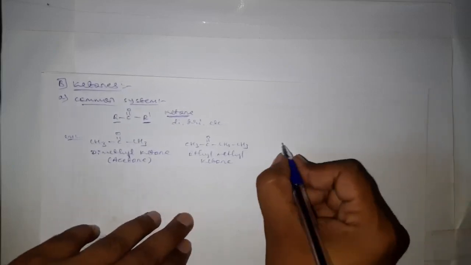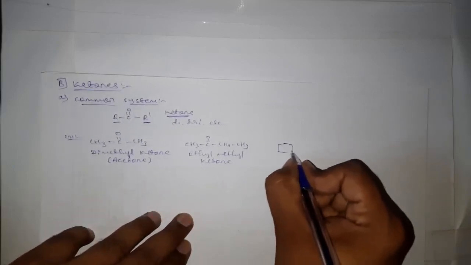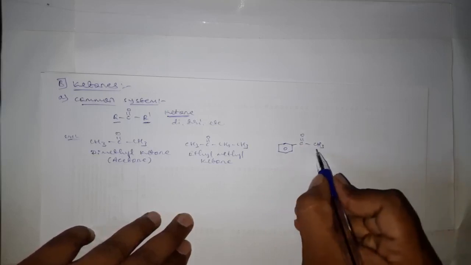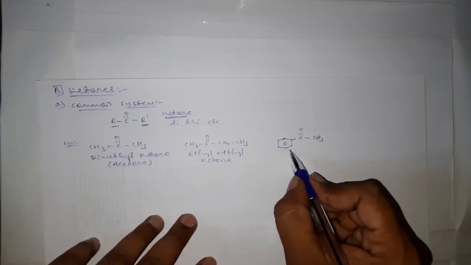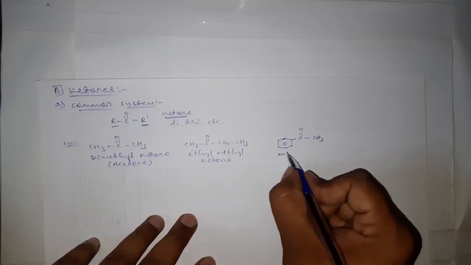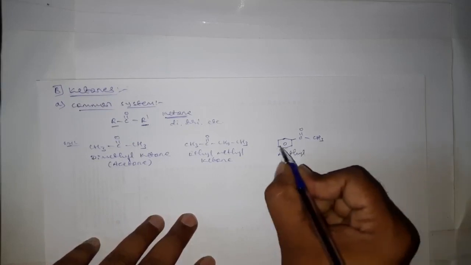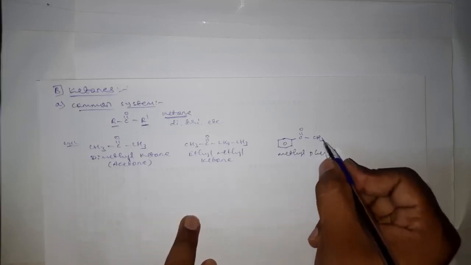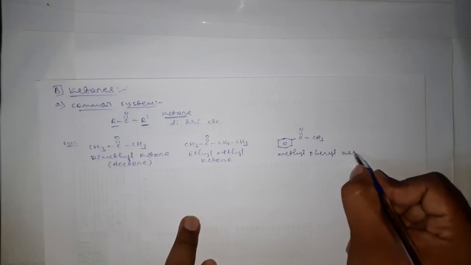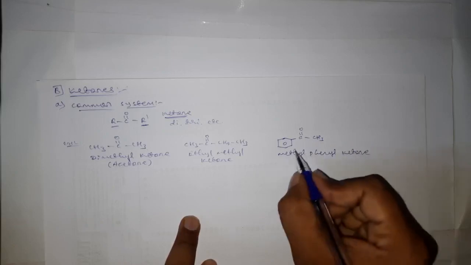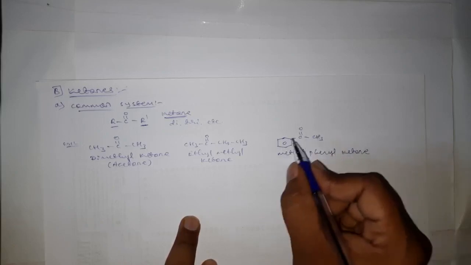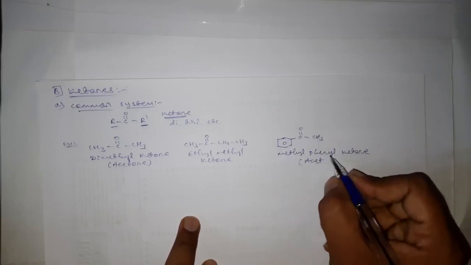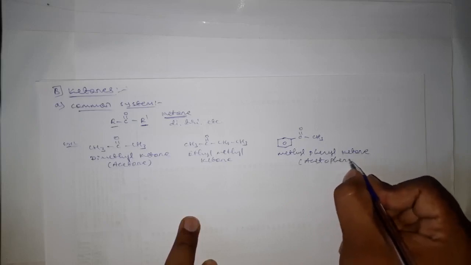If an aromatic substituent is there, C double bond O, CH3. Here one side alkyl is there, another side aryl is there. Therefore, methyl, and this one is phenyl. Here also we have to maintain the alphabetical order. Methyl phenyl ketone. The common name for this compound is methyl phenyl ketone, or this is well known as acetophenone.